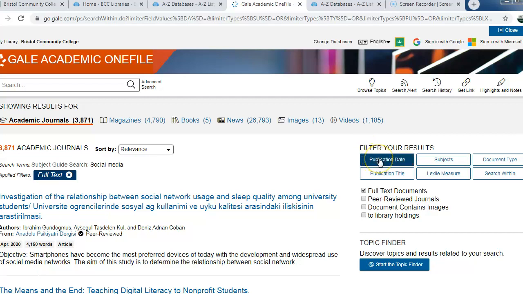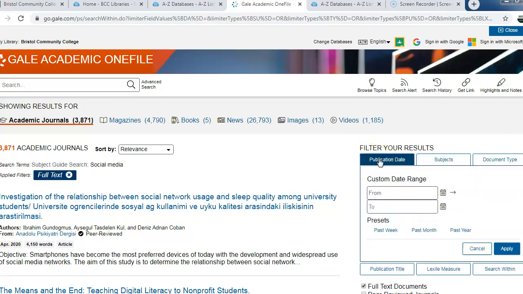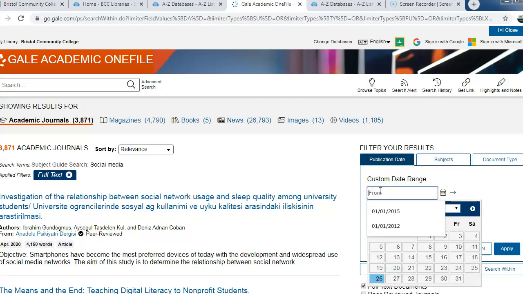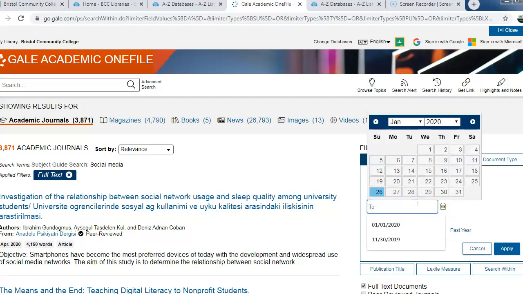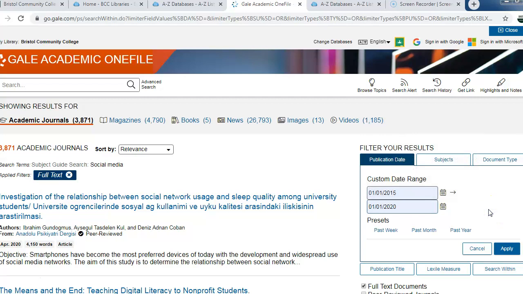I'm also going to change my publication date because I only want to look at research that's from within the last 5 years. And sometimes your professor will say 10 or 12, so just make sure you know what the parameters are. Most professors require you to look within the last 5 years because if a topic has been around for quite a while, there's going to be a lot of information, so you want the most recent. I'm going to click apply,